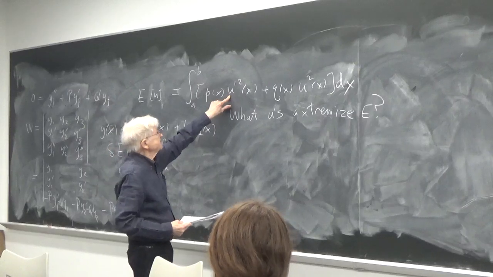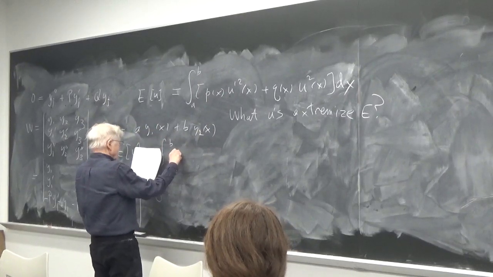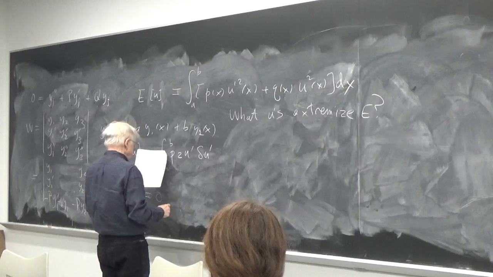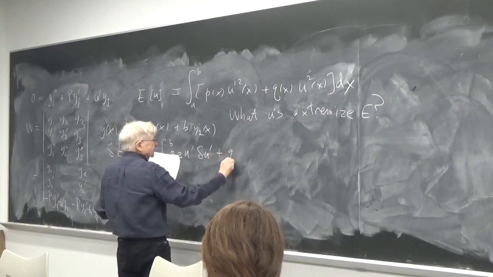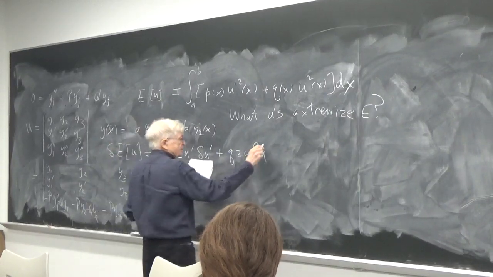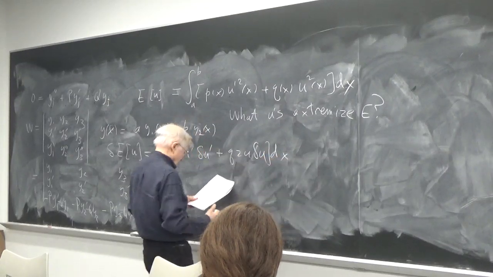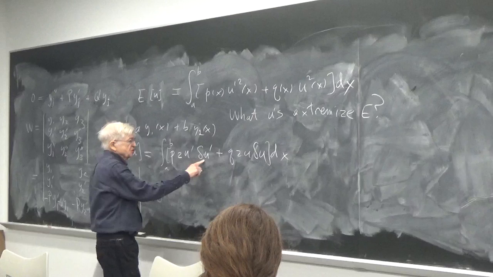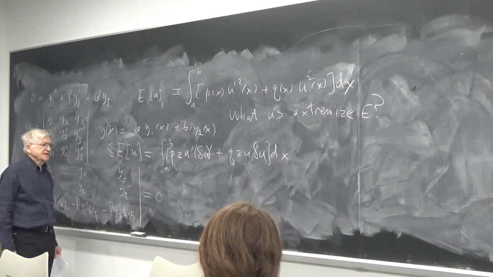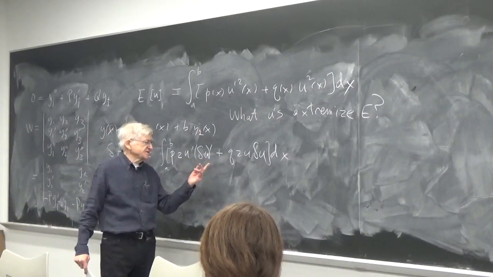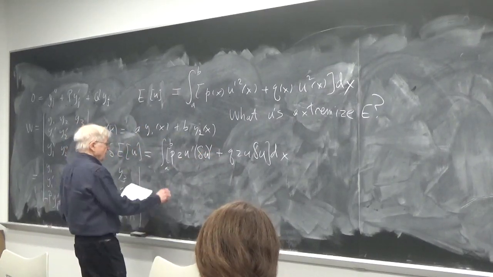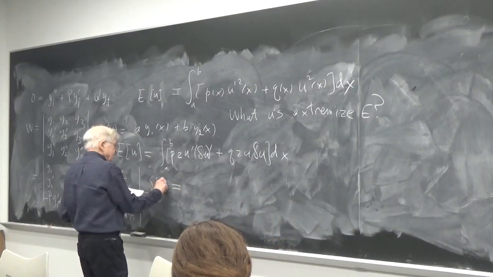We have the change in this, and that's going to be P times 2U prime, change in U prime, plus Q times 2U, the change in U, and this is all integrated dx from A to B. And of course, the change in U prime, that is to say, the change in the derivative of U, is the same thing as the derivative of the change in U. We can integrate by parts, and if we do,